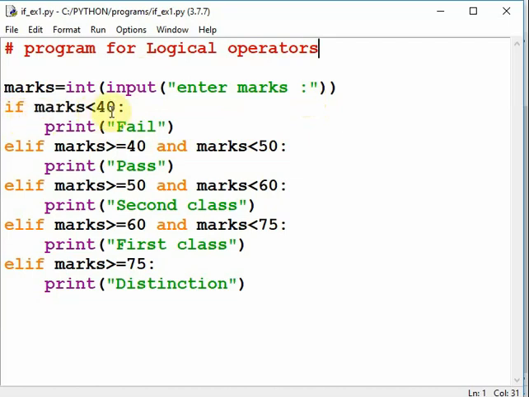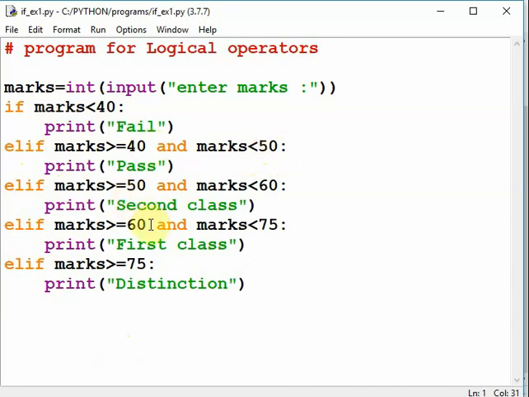If marks less than 40 colon print fail. Else if marks greater than 40 and marks less than 50 colon print pass, and so on. So note down how the condition is given and then colon. Then else if condition 1, condition 2 and then colon.